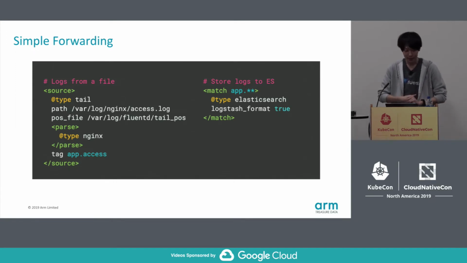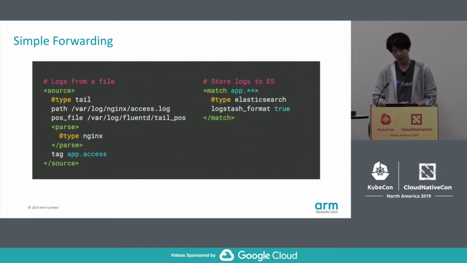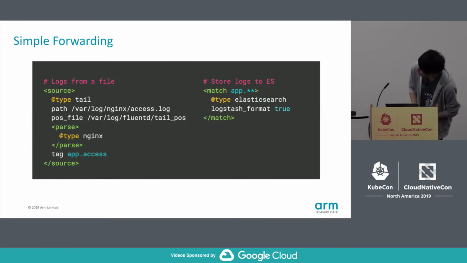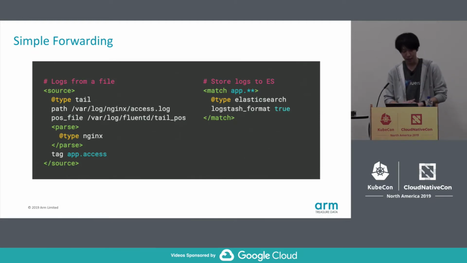In this example, path is /var/log/nginx/access.log, and pos_file is /var/log/fluentd/tail.pos. Path indicates the target file, and pos_file is the file path for recording the position it last read into the file. And we attach the tag app.access at the left top,